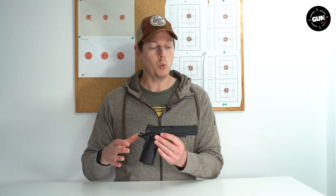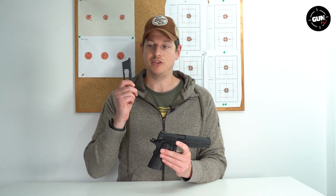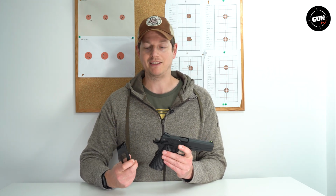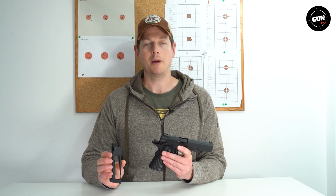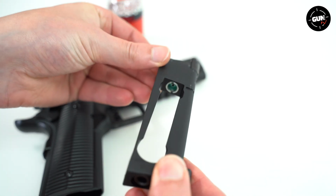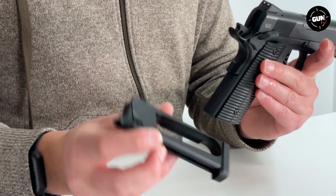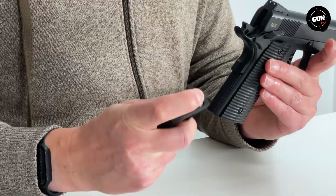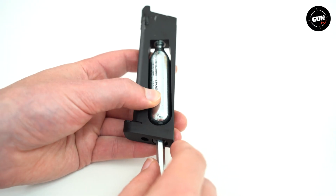The majority of the weight of the pistol lies in the pistol grip, because the magazine that you get is made of metal. And this metal magazine, obviously, as you can see, has a big 12-gram CO2 capsule-sized hole inside of it. That's where the capsule goes. And then in the base of the magazine, you'll find the Allen bolt that is used to tension and pierce